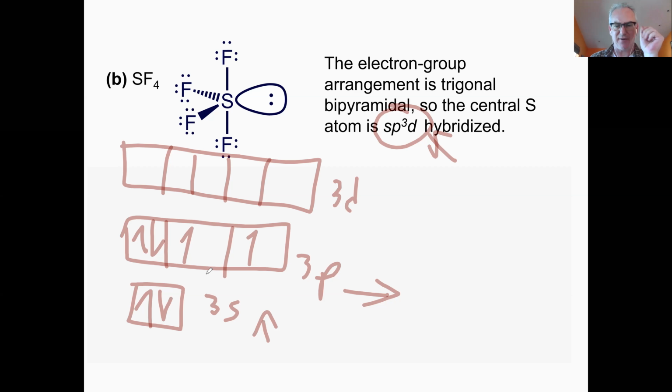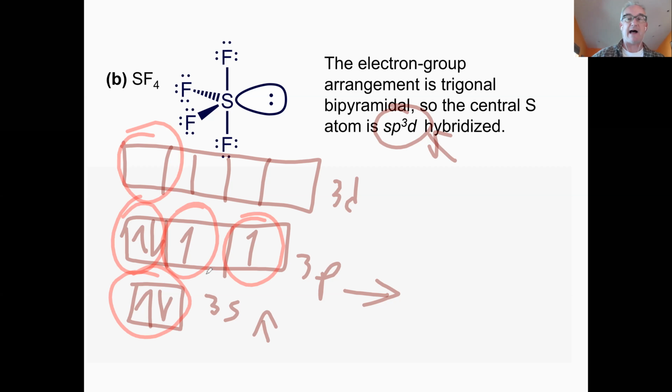Someone want to say it out loud? 5. We've made 5, right? So remember, even if there's nothing in the unhybridized orbital, we can pull that in because we need it to place electrons. And so we're going to make 5 new orbitals